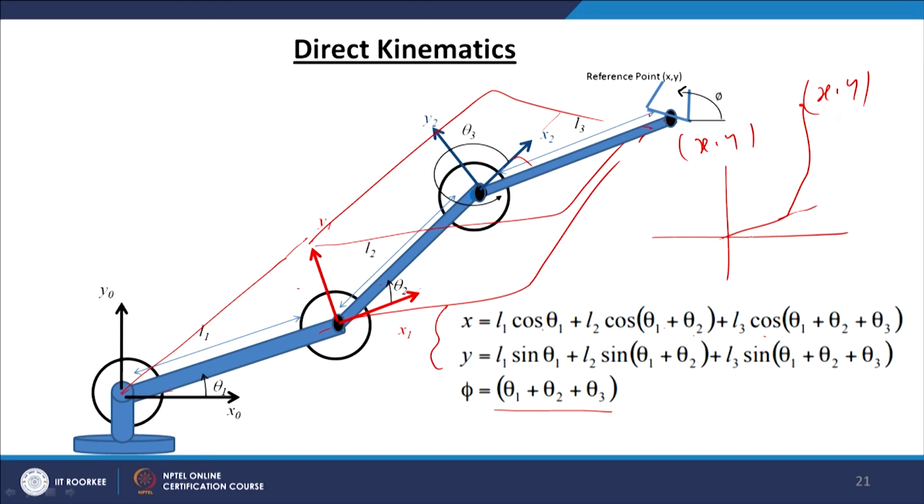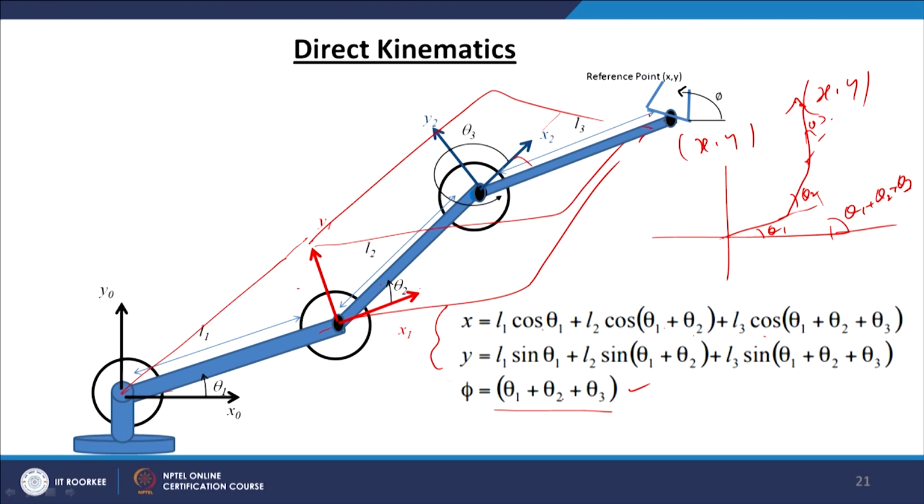So, this angle is theta 1, this is theta 2 and the third one is theta 3. So, this particular angle is theta 1 plus theta 2 plus theta 3. If you fix the sum of all the theta values, it means the xy position is approached via this particular orientation of the end effector. By specifying this value, we are specifying from which direction we should approach the point xy.